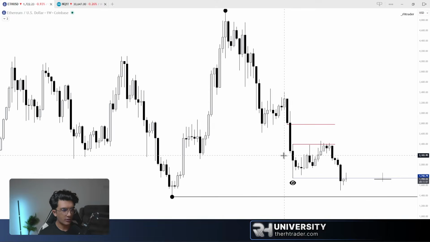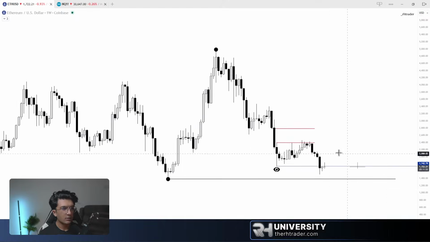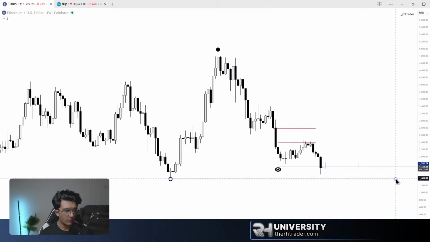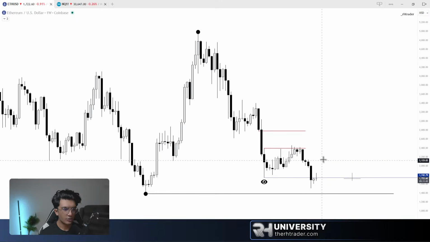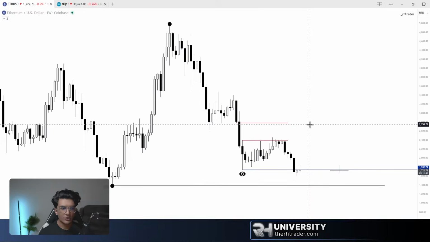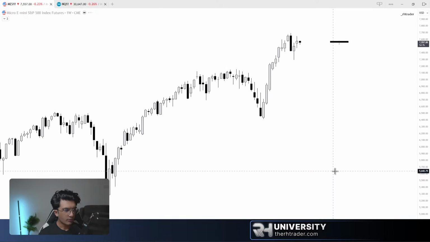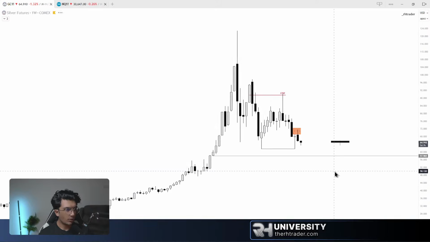So moving on to Ethereum. The objective has been met for Ethereum as well. And you can see Ethereum is more willing to push lower, right? And I believe that 1.4 is the draw for Ethereum, and that is where it should get to. After that, we have to reevaluate on what we're going to do next, all right? So the draw is still lower for Ethereum. For Bitcoin, we're neutral.